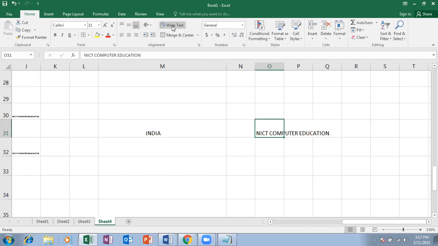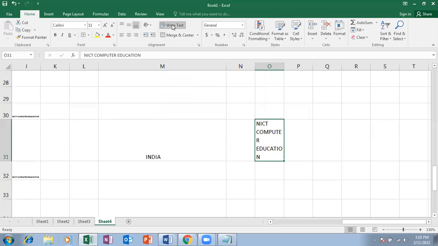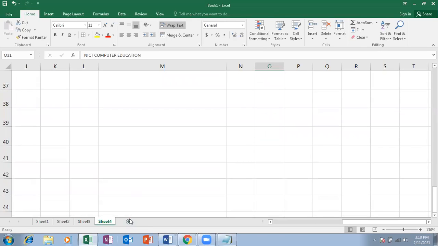Okay, so just click on wrap text. Can you see here? Wrap text is nothing but bringing the extra long text into multiple lines. The extra text which goes towards the right side will be brought towards the bottom of that same cell. So the row height may increase, but it will not take the next column space. Clear?